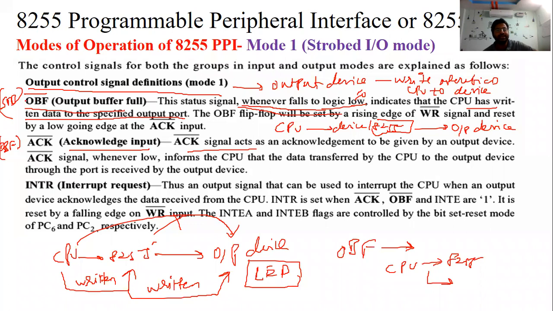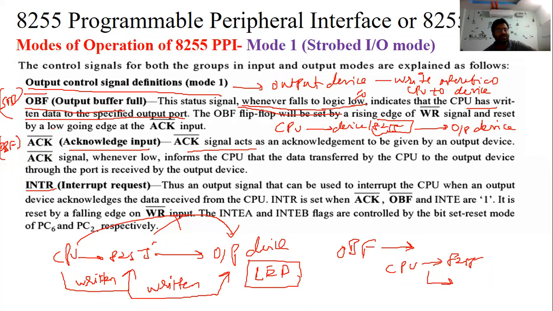But in output mode, instead of STB and IBF, we use OBF and the acknowledgement. This acknowledgement signal indicates that some data is loaded into the 8255. Okay, INTR request is the same.